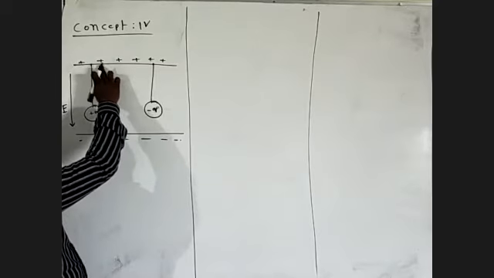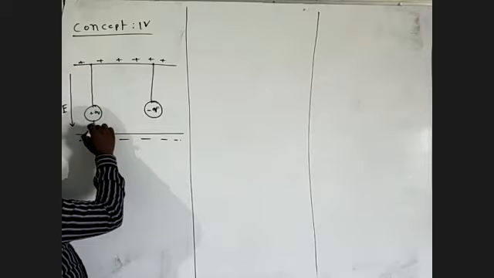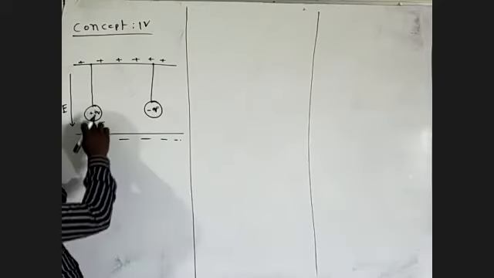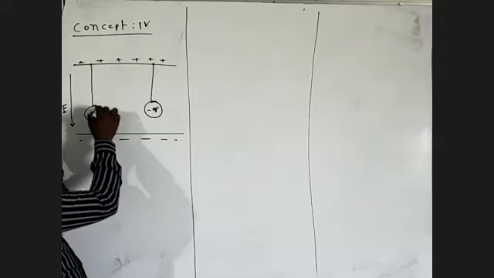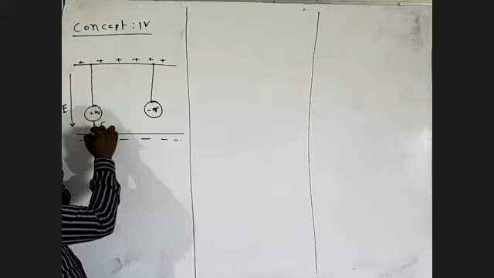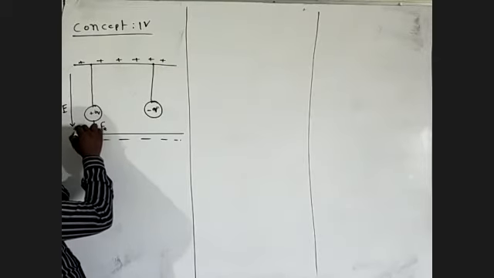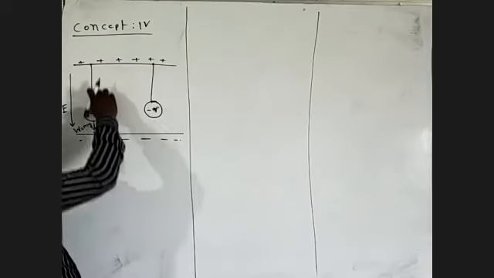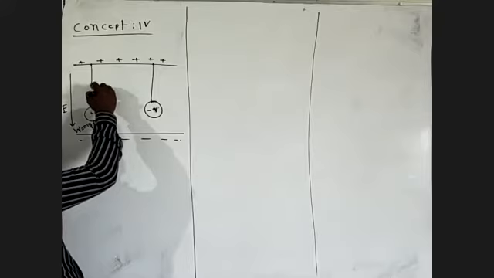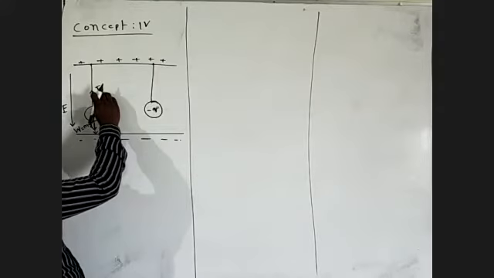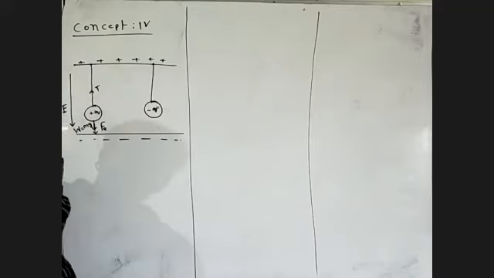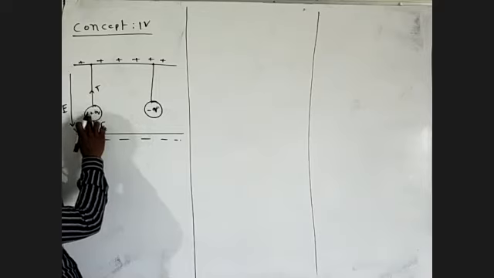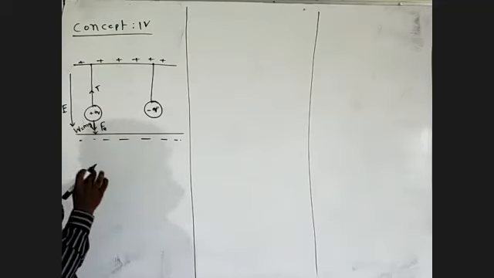This positive plate will repel this positive charge in a downward direction. That is the electrostatic force here. Now weight: this bob has mass m and weight acts vertically downward, that is W is equal to mg. This is a string, the string having tension. This is the tension, directed away from the bob. So finally, the bob is at rest, at equilibrium position.